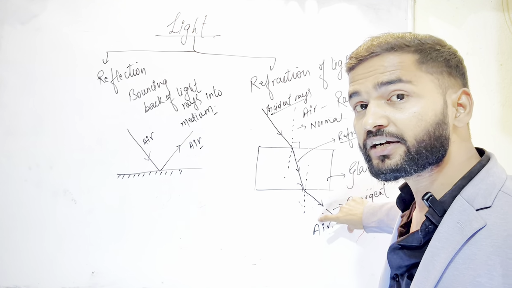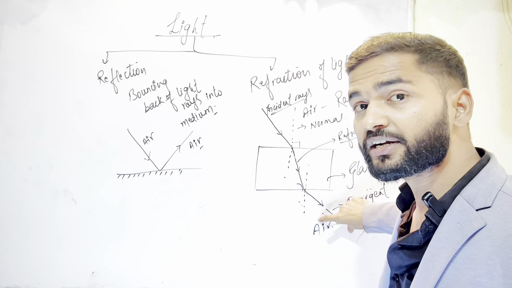You can write point of incidence. And what is a rare medium? The medium which has less density with respect to the other medium is called the rare medium. What is a denser medium? The medium which has the higher density is called the denser medium. It is also known as optically rare medium and optically denser medium. The word optically is related to light.